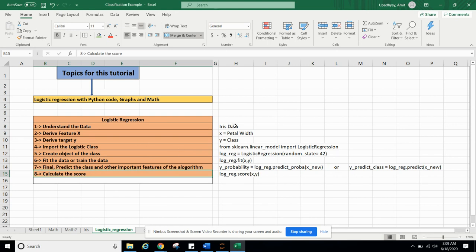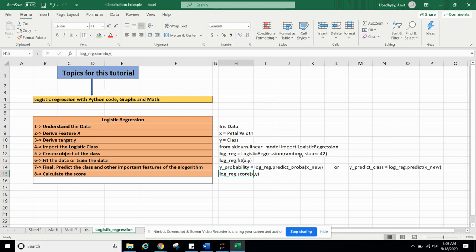So for understanding data, we will be using iris data, and we will select petal length as x and our class as the target y. And this is the way to import the class, and this is the way to save it in the object, and this is the way to train your data using fit. And we will calculate the probability using predict_proba, and we can predict the class of a new instance x new using the predict function, and then we will calculate the score.